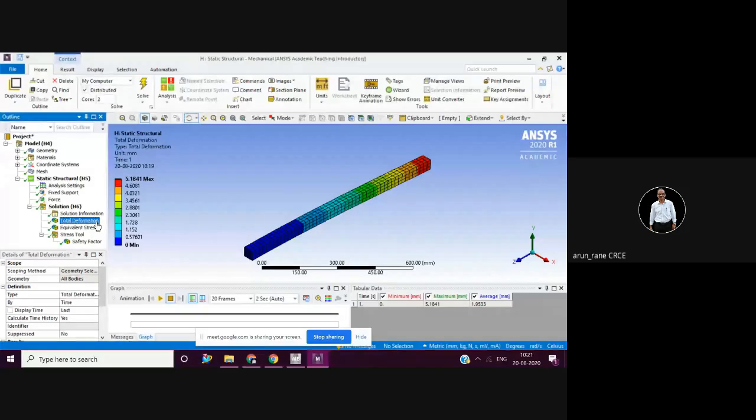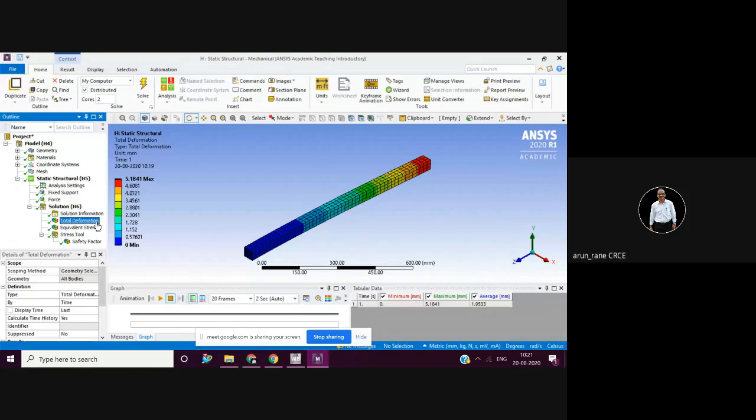So the weight of all the models is the same because the material is the same. The specific gravity is 7.85, which is the same. And since the length is the same, the volume is the same, and the density is also the same, the weight is the same. Only now I have to make the choice, which is better, whether I beam is better, round is better, or square is better. So based on the result,